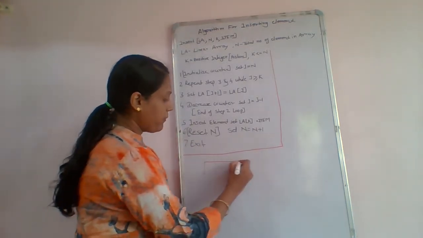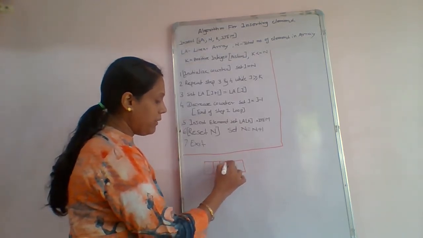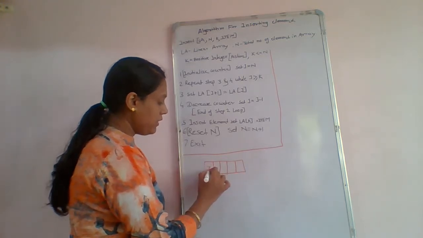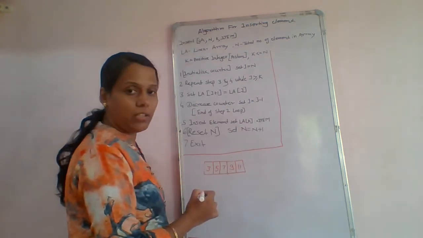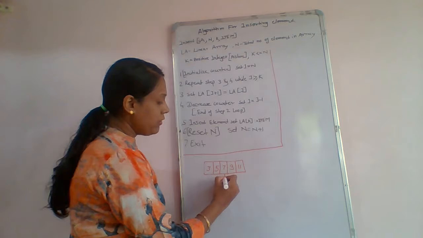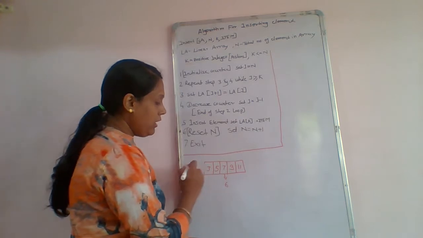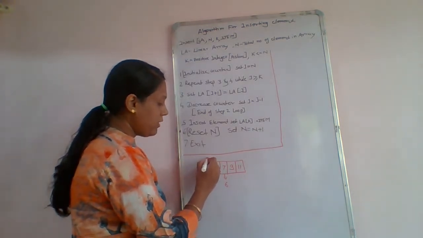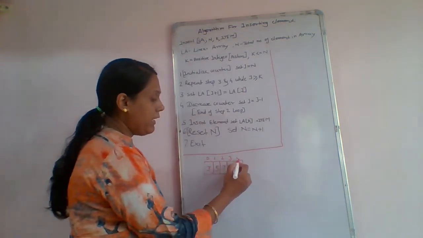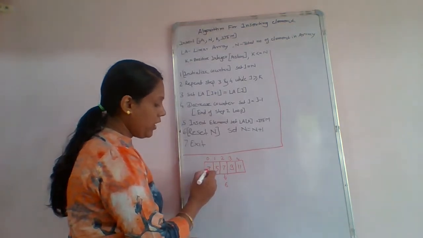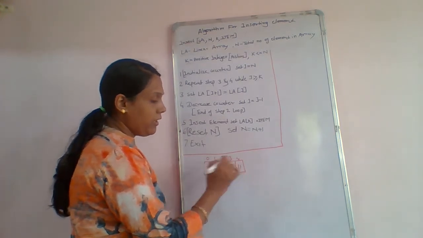I am showing you. Consider that this is the array. In this array you are inserting the elements 3, 5, 7, 9, 11. These are the elements in your array. Now here you want to insert a different element, that is 6. Here we can say 0, 1, 2, 3 and 4 are the indexes of your array. So 3 is located at 0, 5 is at 1, 7 is at 2, 9 is at 3 and 11 is at 4.